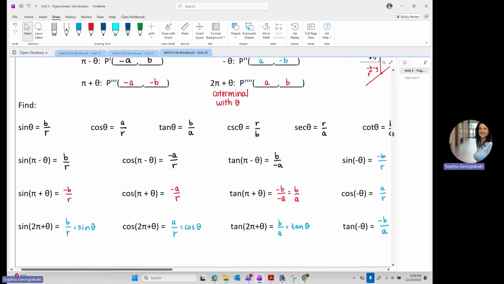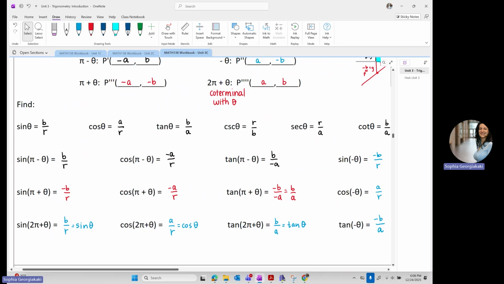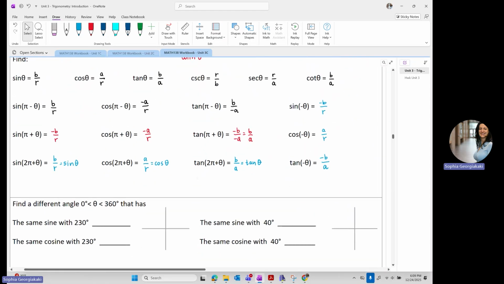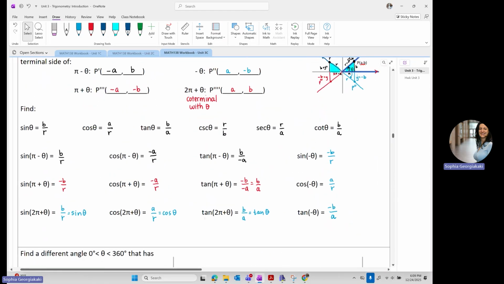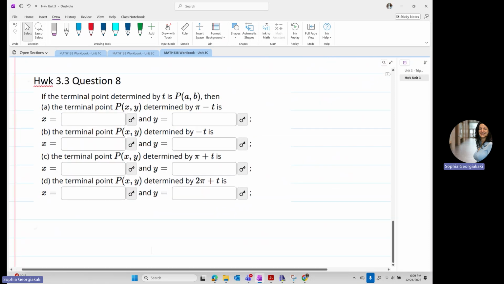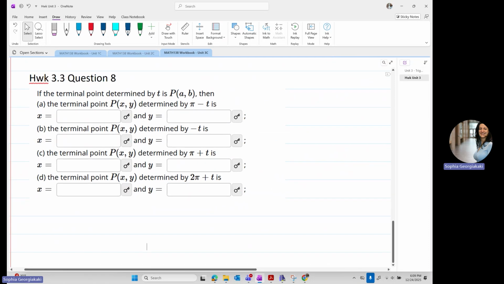So we want to be able to sketch the angle in the correct quadrant, create a triangle that contains the reference angle, and figure out the correct signs to know the trigonometric functions of the angle in the quadrant we are in. And before we go to the last part of our notes, I want to go to homework 3.3 question 8 that discusses exactly this. So we have an angle T,